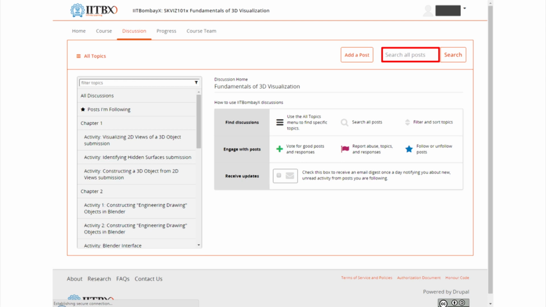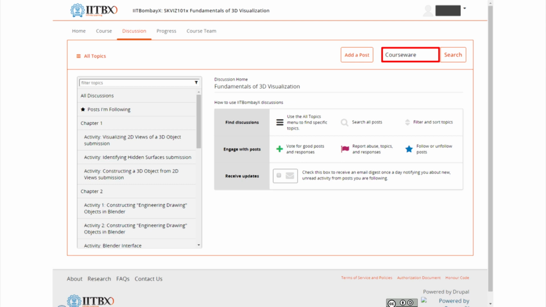Apart from sorting, at times you would be requiring searching within the post to get to the exact post what is required. For this, the platform offers a search option. The right hand top has a particular box titled as search all posts and a button for search. You can type keywords such as courseware or a particular keyword within that course to find that particular post.